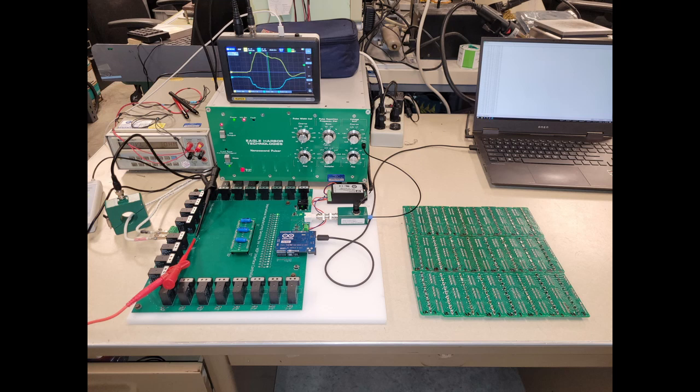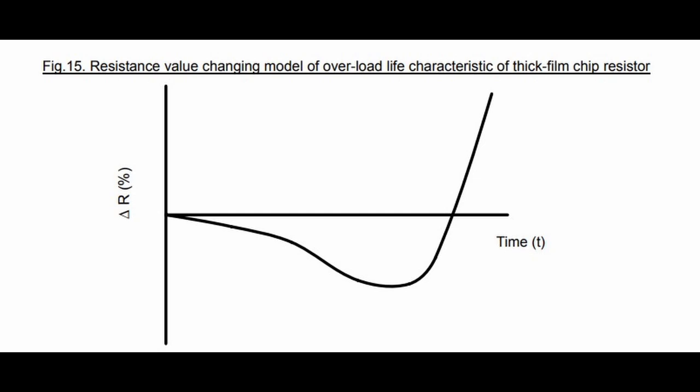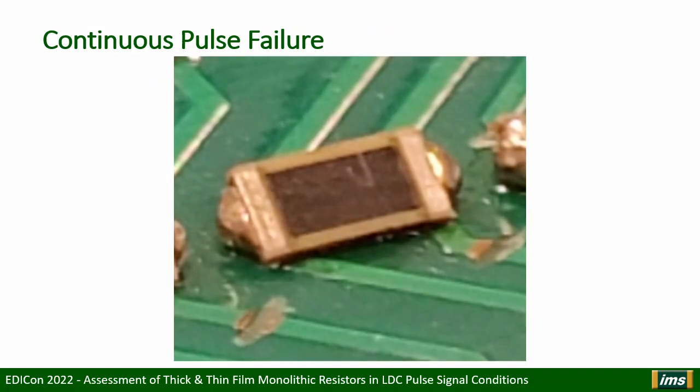Some common observations made during our own part testing was this characteristic value drift expressed in the literature and by customers. If a part is hit with a signal for a given period of time and the DC ohmic value drifts downwards, this is definitely a sign of damage. Continuing to operate with the same properties of pulse will eventually cause the value to go up in the opposite direction exponentially until eventually,